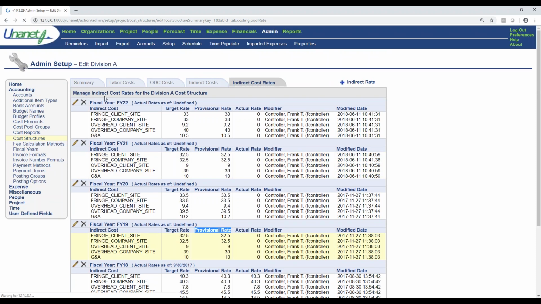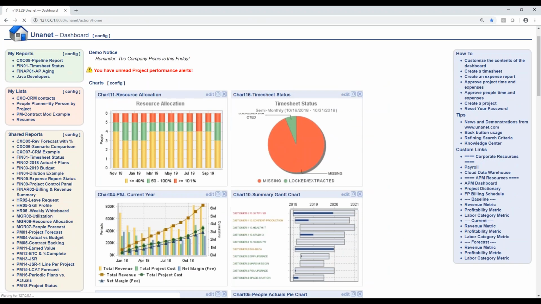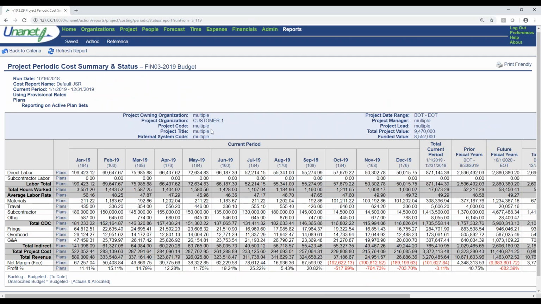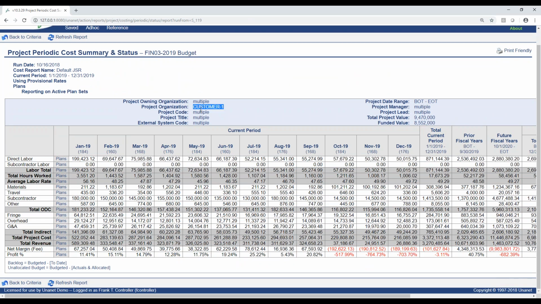And then with all three of these things done, I can run a report that looks like this. This is aggregating all of the projects. In this scenario, I'm choosing to group all the projects under one customer, right? Imagine one customer where we may have 5 or 10 or 50 projects all performing under it. But you can see here's the direct labor cost that we forecasted for January of 2019 for everybody under this customer. And you can get all the way to the bottom and see here's the margin that we're forecasting and the profit percent.